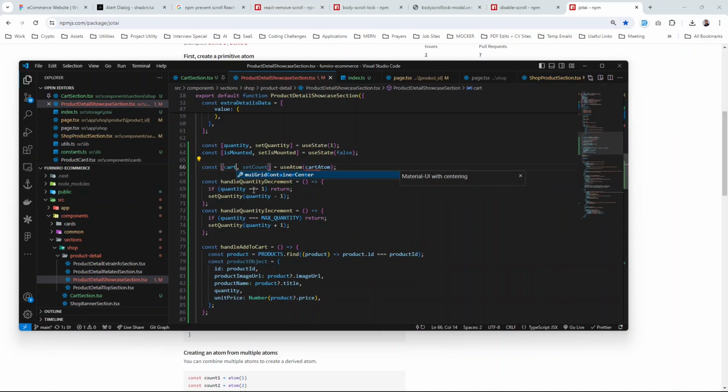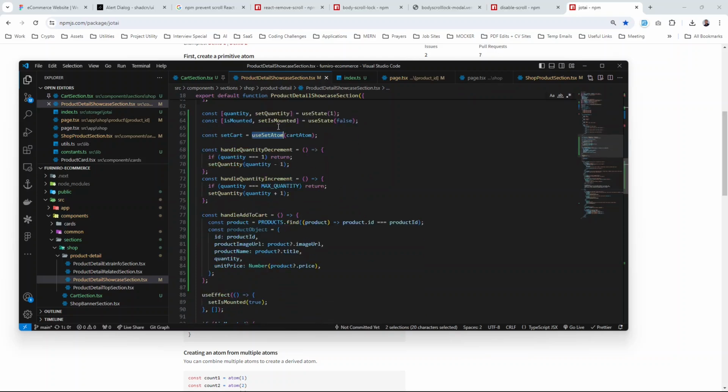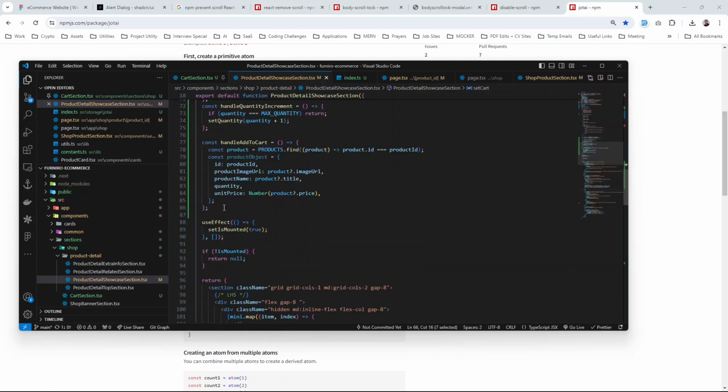So we can just do cart just in case you want to use it. In this case, we're not really using it. That's why I hardly use the use atom hook. So I use set atom. You can import this from Jotai as well. And this just takes a value, right? So set cart. You can see. So you can take off this one. So you can set the cart to